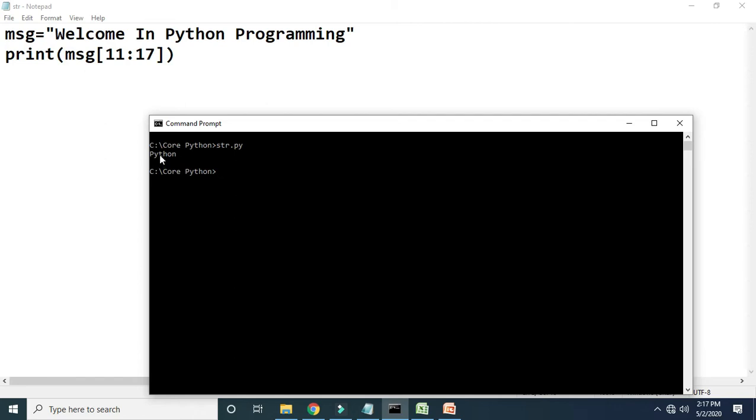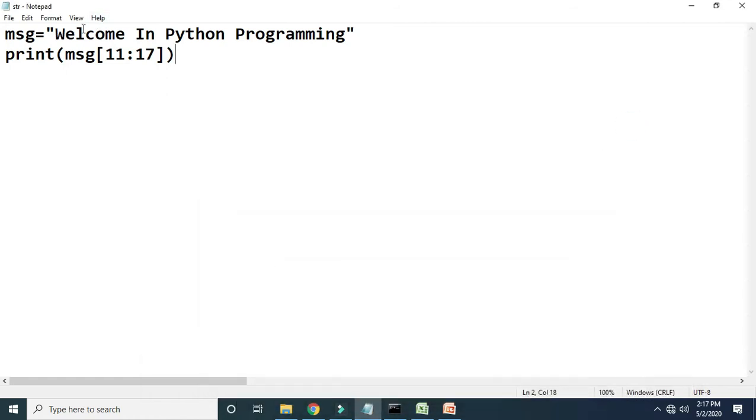If I want to display, suppose, welcome in Python only from this particular string, then I have to pass what index numbers? From which character do I have to start? This w. So w's index is 0, and up to which character do I want to display?